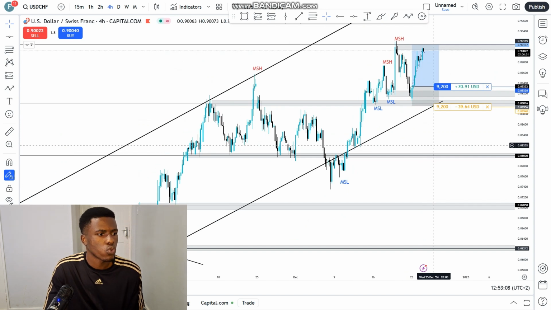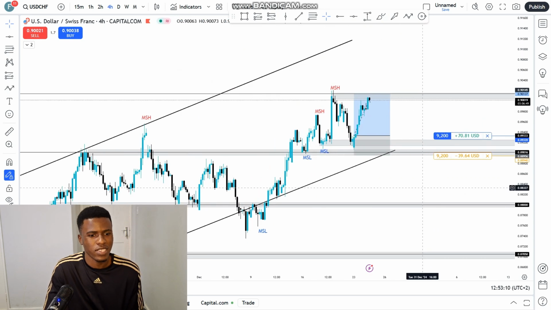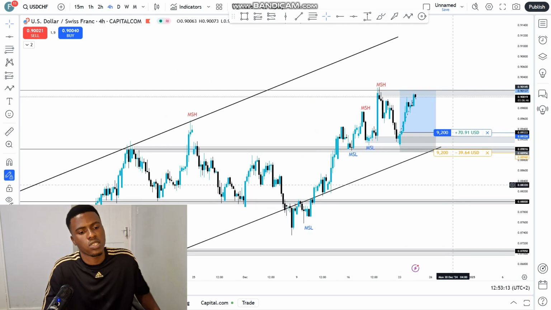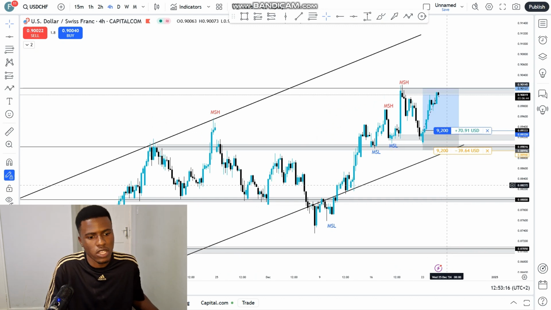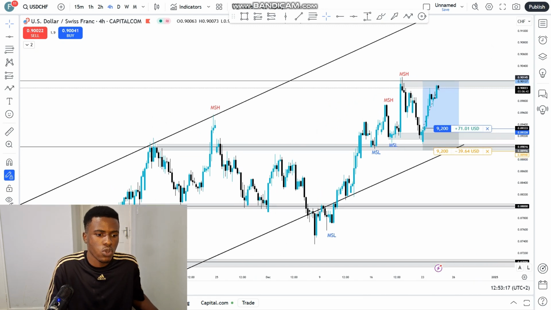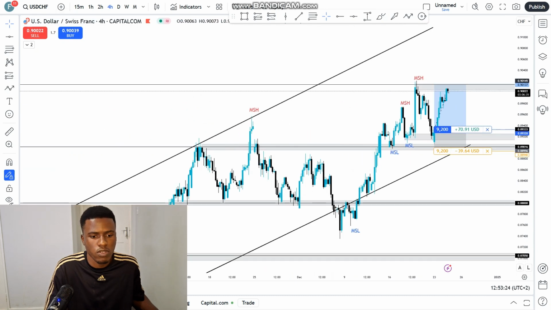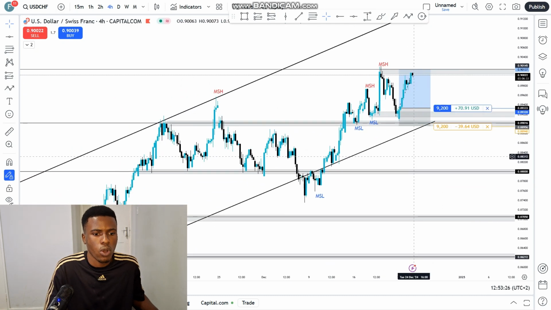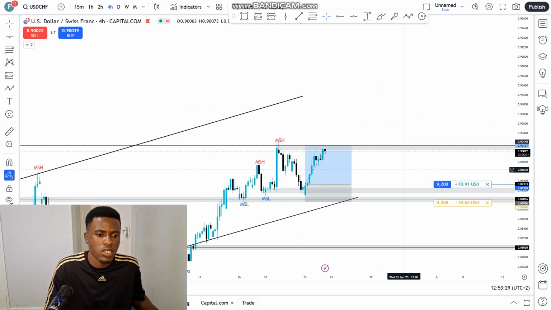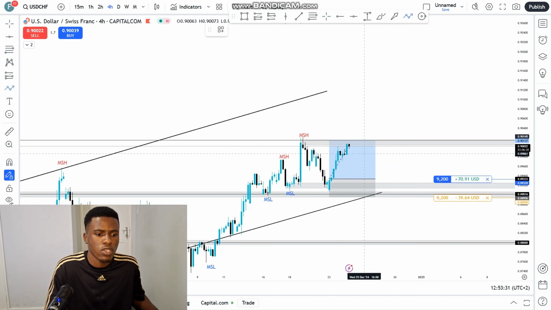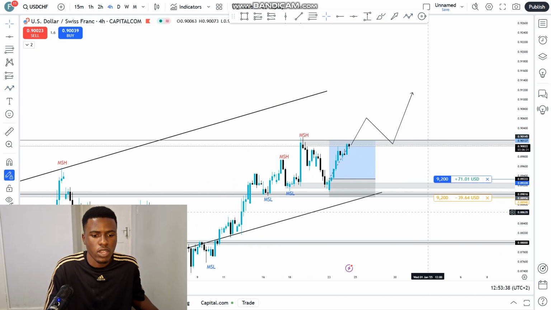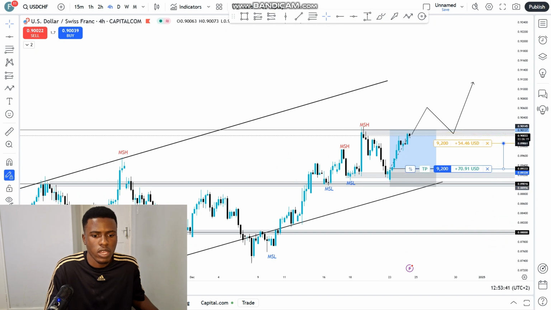And then moving on to, wow, okay, this is doing good. Moving on to USD CHF, or the US dollar Swiss franc. As you can see also right here, we are in a nice uptrend. Like I said, the dollar has more power relative to most currencies, so I am expecting a continuation to the upside here. If we do see a break of this swing high right here, I will trail my stop. Maybe if you see something like this, I will trail my stop from where it's at right now, and maybe put it somewhere here and continue to trail my stops if it does allow me to do so.